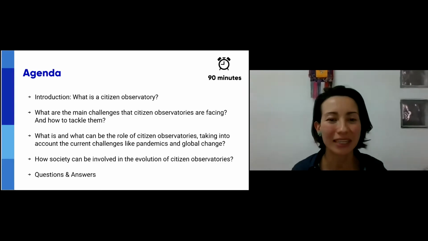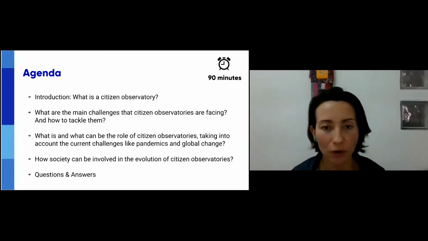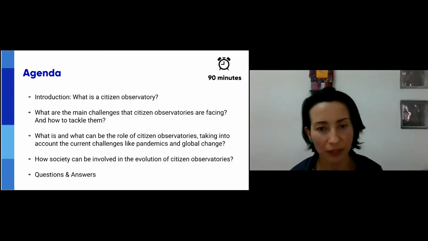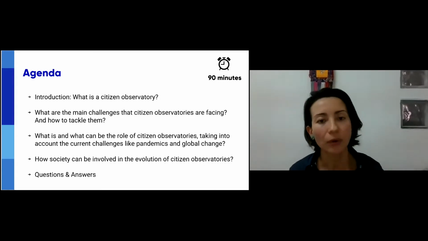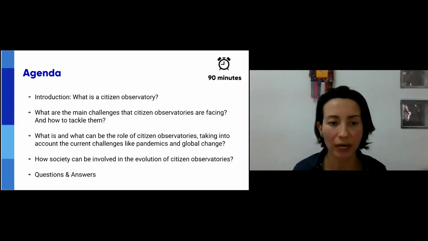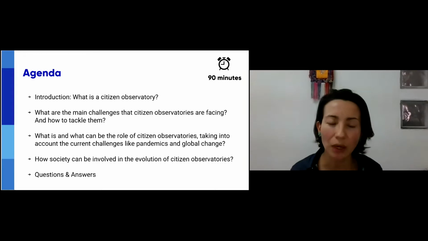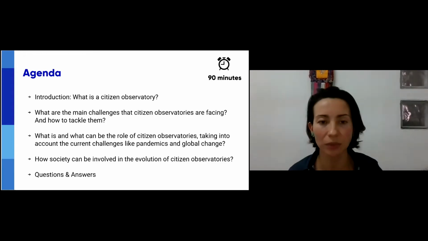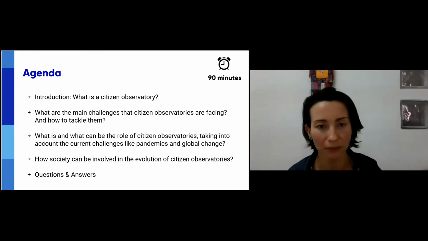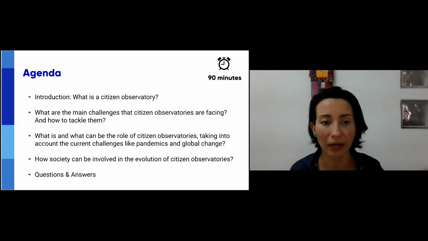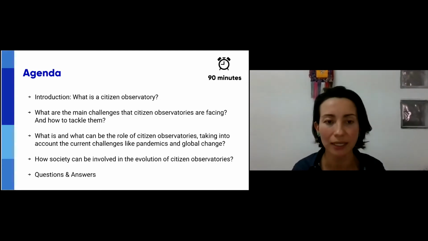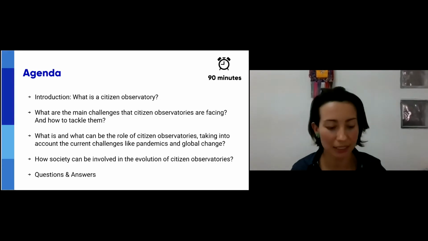Let's review our agenda or our program. Our agenda for today: we will be discussing mainly 4 questions until 14:50 or so, and we will have later 15 minutes of Q&A. Our first section by Margaret is going to be what is a citizen observatory. It's going to be a little introduction about citizen science because we have a broad audience today. After that, our panelists, Jaume, Margaret, and Joanne, will be talking about these 3 questions.